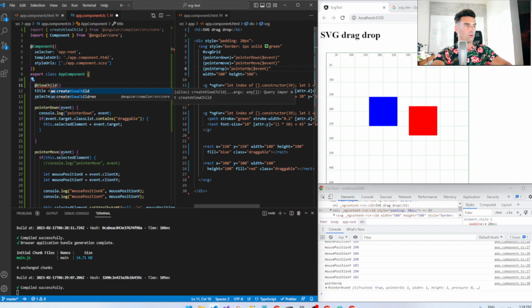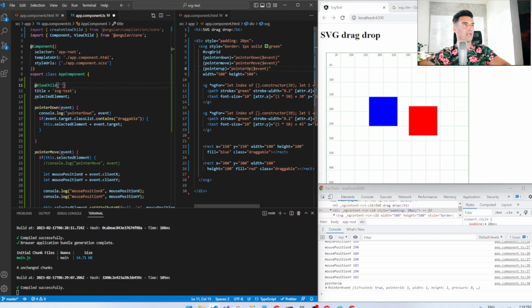View chart. No, go away. Yes, thank you. What do we want to point it to? Well, it's looking at this thing inside here, which is effectively that kind of ID for it. View chart SVG grid, and then we want to call it by something inside our code. We're going to say it's an SVG grid, and